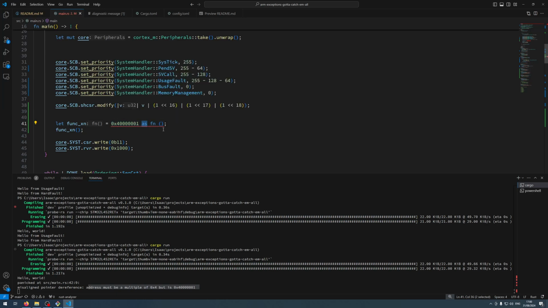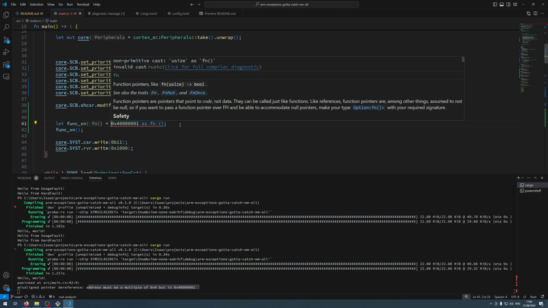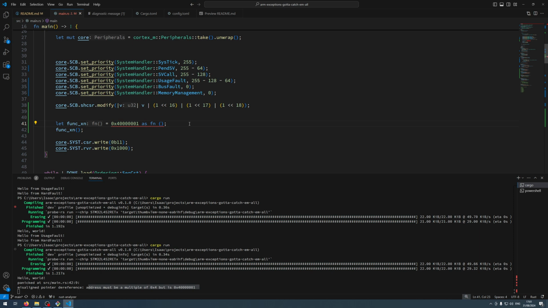Maybe we need to transmute. Let's see. Okay, that's the problem. There is a way to go from pointer into integer, but there isn't a way to go from integer back to pointer, I think. The only way to do that, or not the only way, but a way to do that would be with, what's it called? Transmute. But that's some dangerous stuff, but yeah, what can go wrong, right? We want to crash the system, so